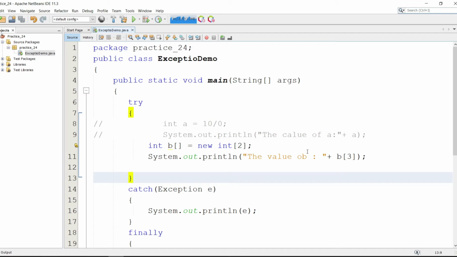So we can handle the exception, and I hope that you have understood what happens if we don't handle the exception, as it affects the flow of the program that is to be executed. So we need to handle the exception if occurred. So I hope that you have easily understood the concept behind the try catch and finally block, and about the exception handling in Java.